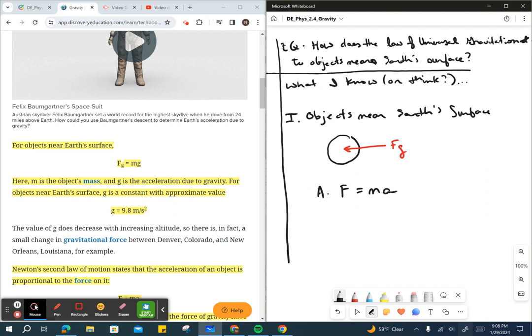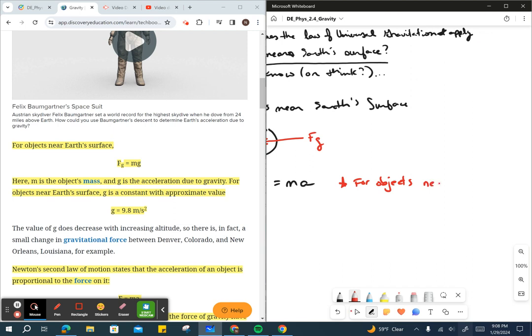Now, for objects, let's go ahead and put a little star here. For objects near Earth's surface,